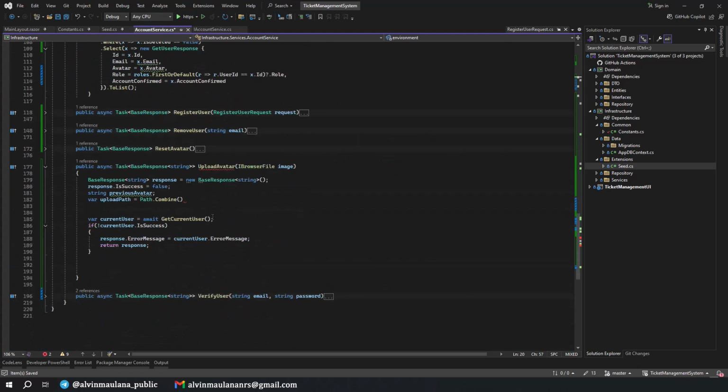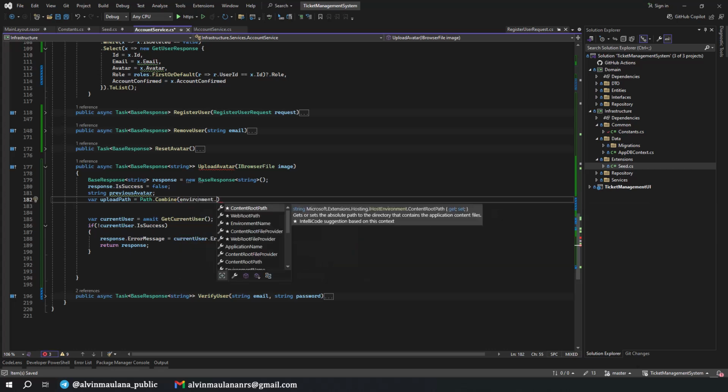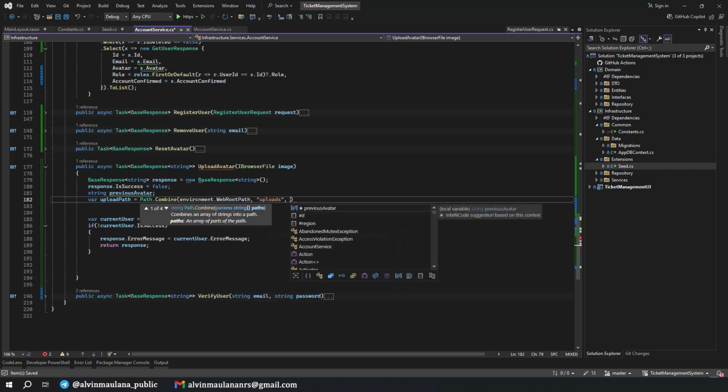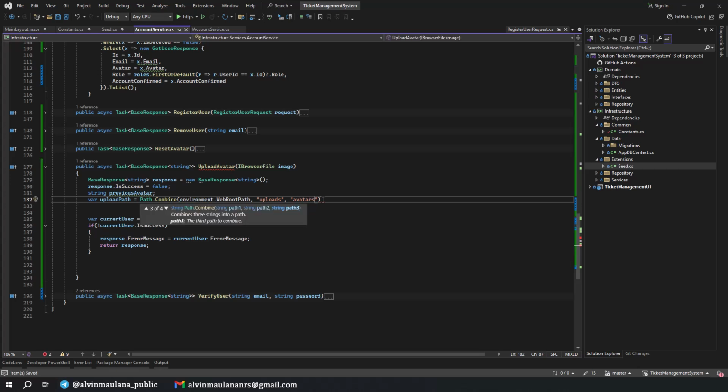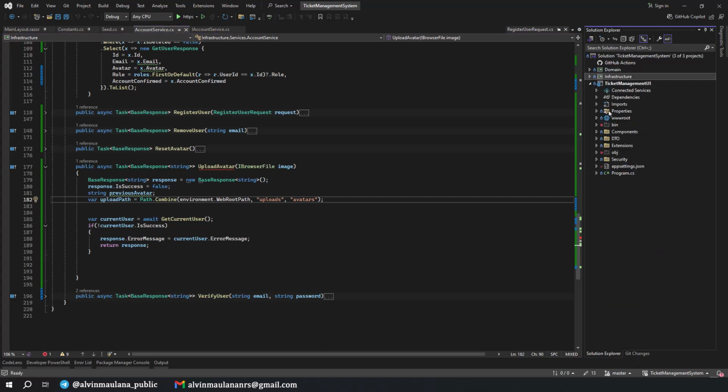Where is it? Okay, this one, environment web root path, and then uploads, and then avatar, and close it.